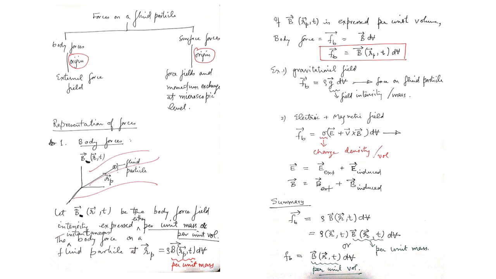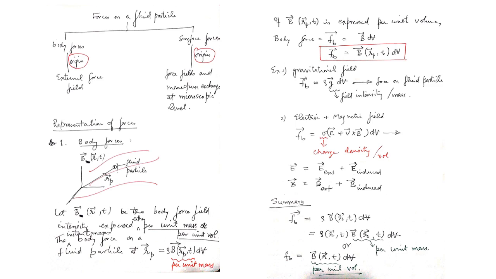Okay, so do not think that these are two different expressions, so the first has density, the second does not have density, so it will give me two different values of the body force. No, it will not be, because the field in both cases is different. In one it is per unit mass, and in the second expression it is per unit volume. The vector symbol on FB is missing, so pardon me for this.